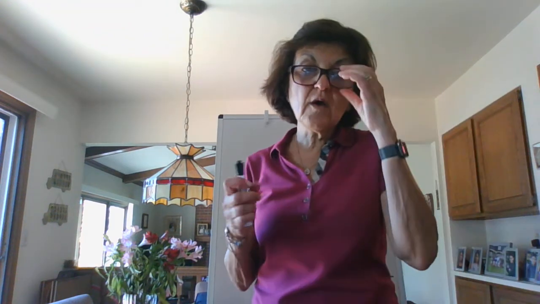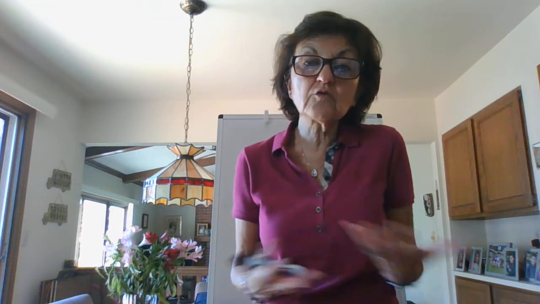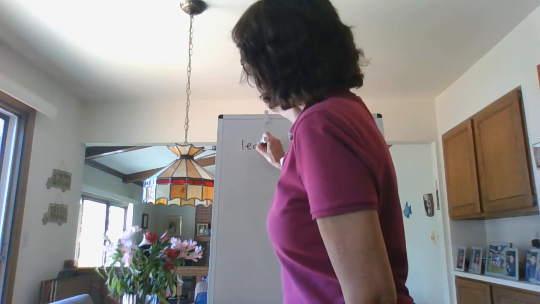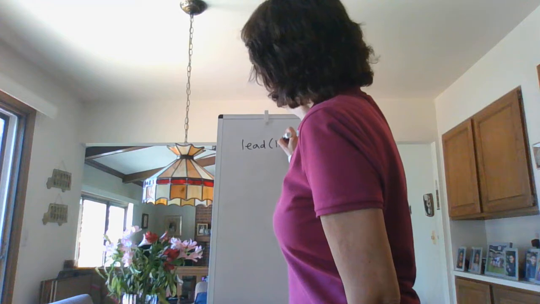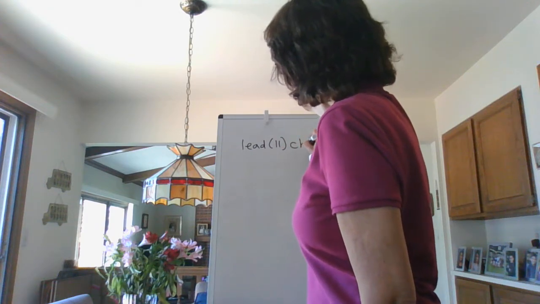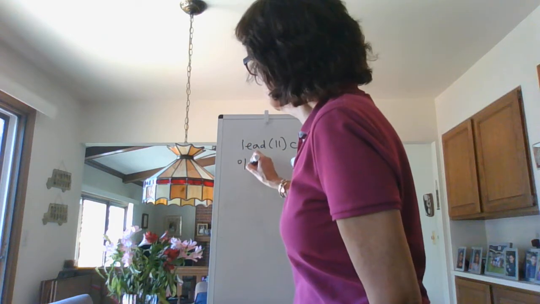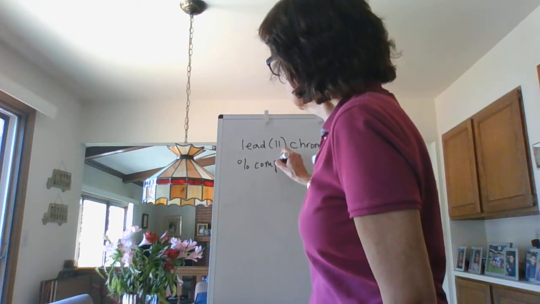You have to know naming of ionic compounds, because if I ask you what is the percent composition of lead-2 chromate, unless you can write the formula of lead-2 chromate, you're not going to be able to figure out the percent composition. All right, so if I just write lead Roman numeral 2 chromate, and I want the percent composition,